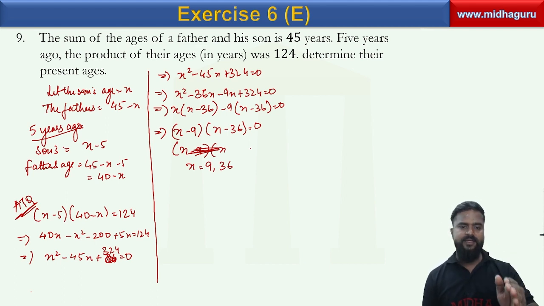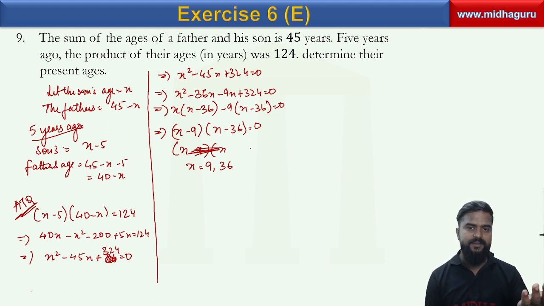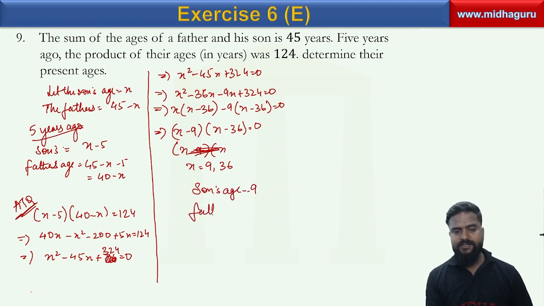So if you look at the son's age, we took it as x, and now if we take it as 9, the father's age will be 36. And if we take the son's age as 36, the father's age will become 9. So for convention's sake, as we know a father cannot be younger than his son, we'll take the son's age to be 9. Now the father's age will be 45 minus 9, which will be equal to 36